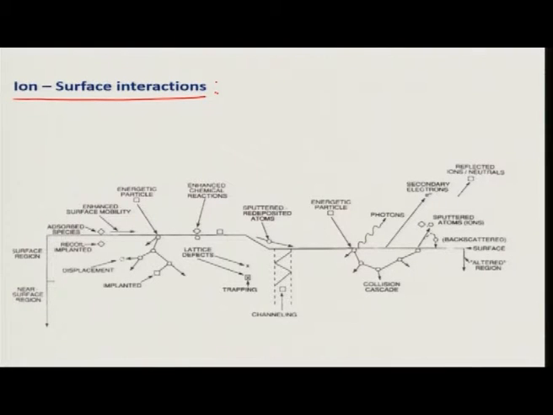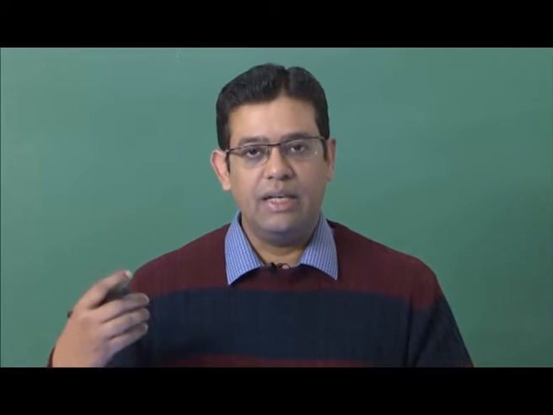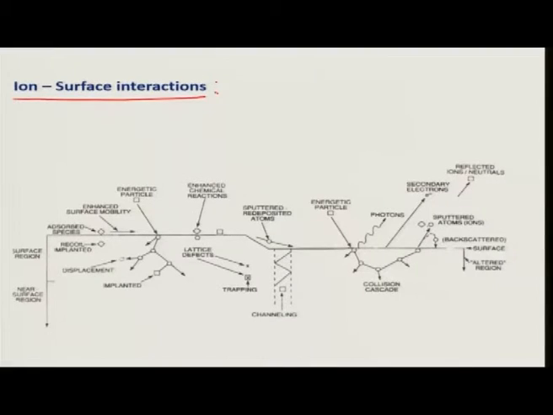Remember when we were discussing physical vapor deposition techniques, we had discussed there are two techniques or two broad categories. One was evaporation and second was sputtering. Evaporation was by heating the material, and sputtering was mechanically removing the material from the source. Okay. So, in the sputtering process we will use these ions which are in plasma.